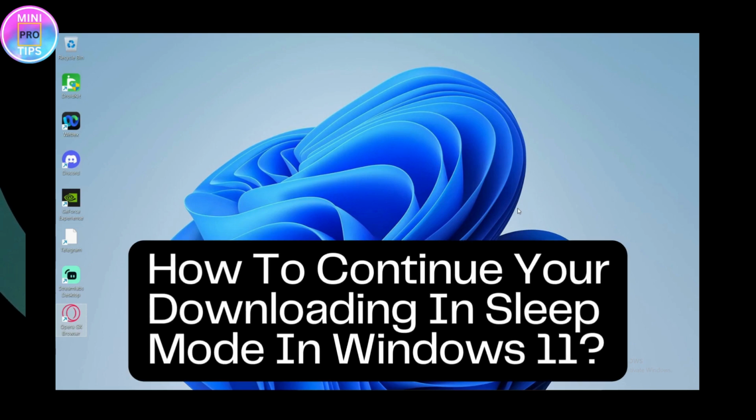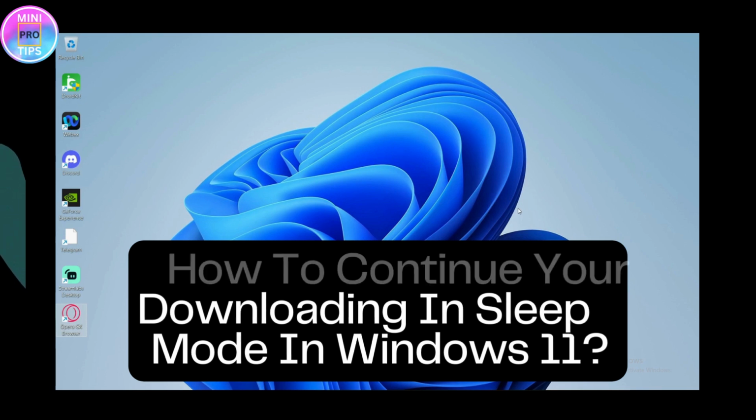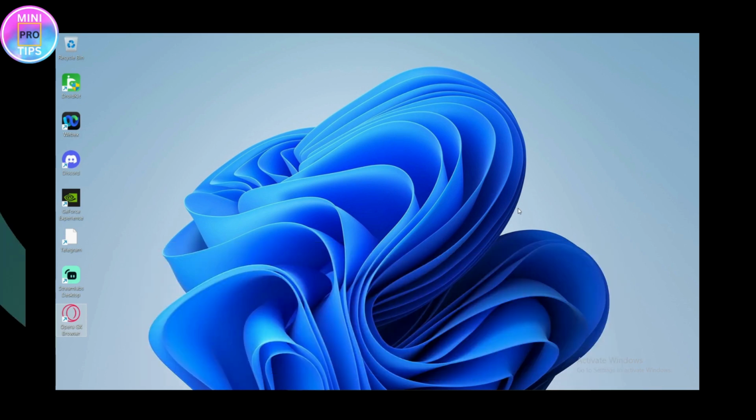How to continue your downloading in sleep mode in Windows 11. So if you want to continue your downloading in sleep mode in Windows 11, then what you need to do